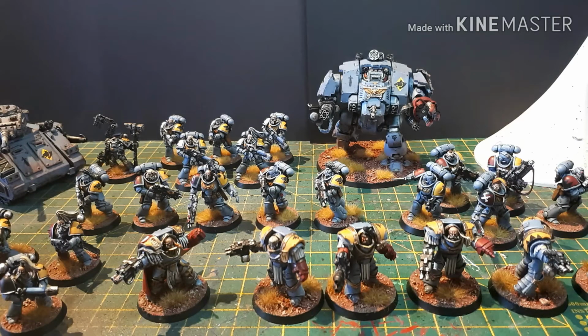We are going to be doing the mission from Chapter Approved, I believe, which is the one with 5 objective markers. You roll a dice every turn, and that objective marker is active and that is worth 2 points. Everything else is worth 1, unless you roll a 6 when everything is activated, and everything is worth 2 points. So again, if we're doing that, the Razorback and the Grey Hunters is probably the only thing I can do